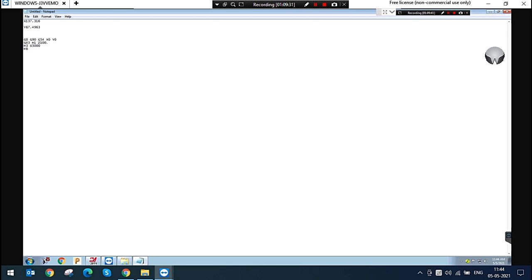Next, Z25. This is retract. And Z1. This is feed plane. G1 X minus 100 F1000. Yeah, this is feed plane, and this is retract, and this is clearance.